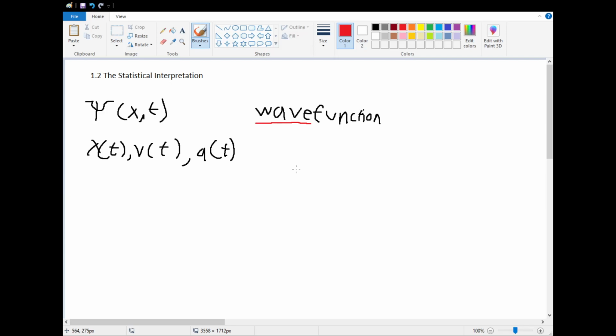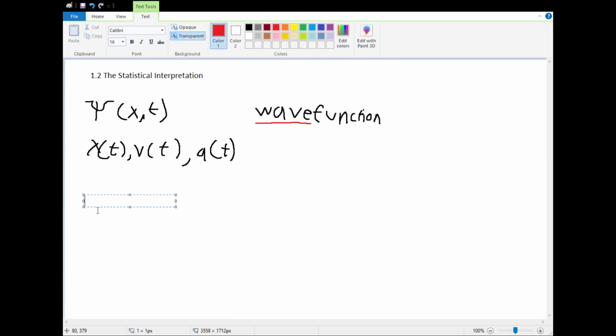So instantly, this should raise some concerns, because how can we describe something such as position, velocity, and acceleration, which is localized, using something like a wave function, which, according to the definition of a wave, is not localized? And the way that we resolve this issue is using what is known as